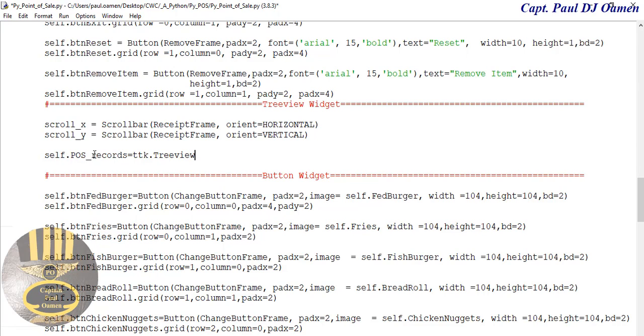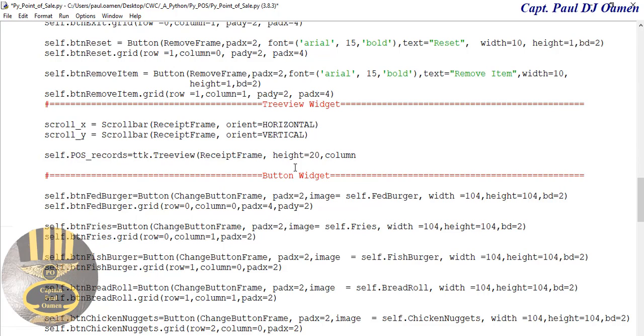That is the variable details, and that is going to be right inside receipt itself. Grab that, paste that in here, and I'm going to make the height about maybe 20,